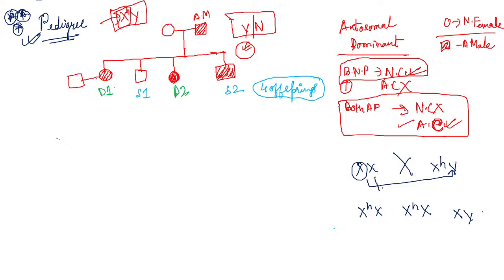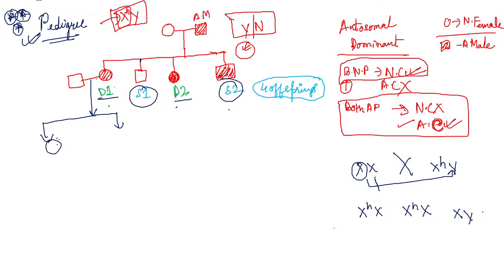But there's some difference. Okay, so let's learn from the pedigree only. Here are two daughters, D1 and D2, and S1 and S2, that is two offspring, the two sons. Now what we will learn is that the sons or the daughters will be affected. This is the affected male, this is the affected daughter, and this is another affected daughter. Now, if this daughter marries a normal or a common man, then they will also have